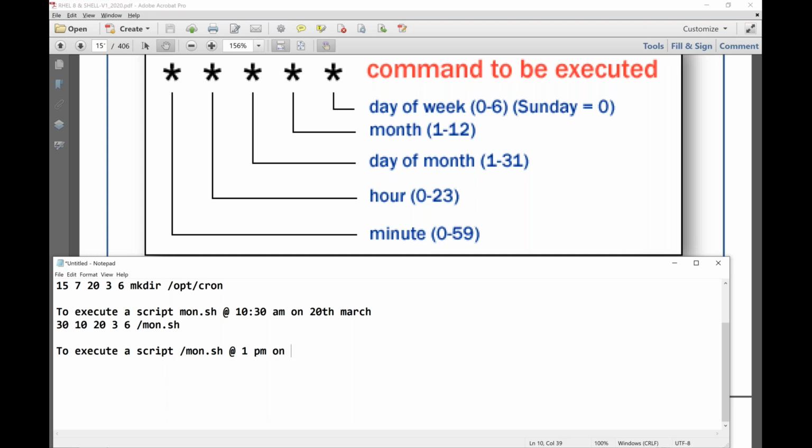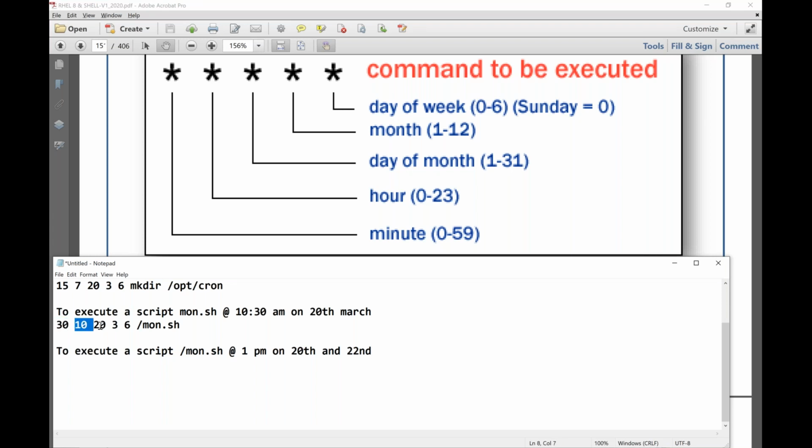On two different dates. For example, I want to execute it on 20th also, and 22nd also. Before this, see, let us say that I have given a task here, 30 minutes past